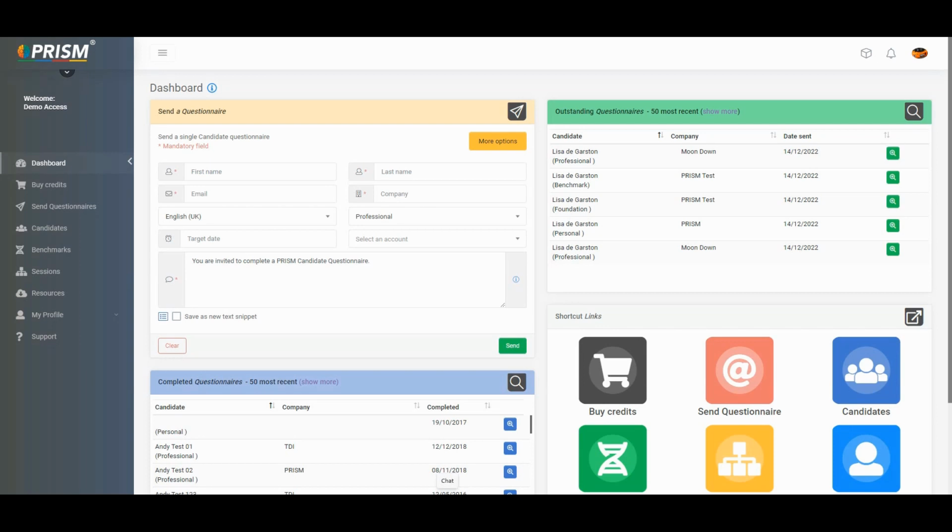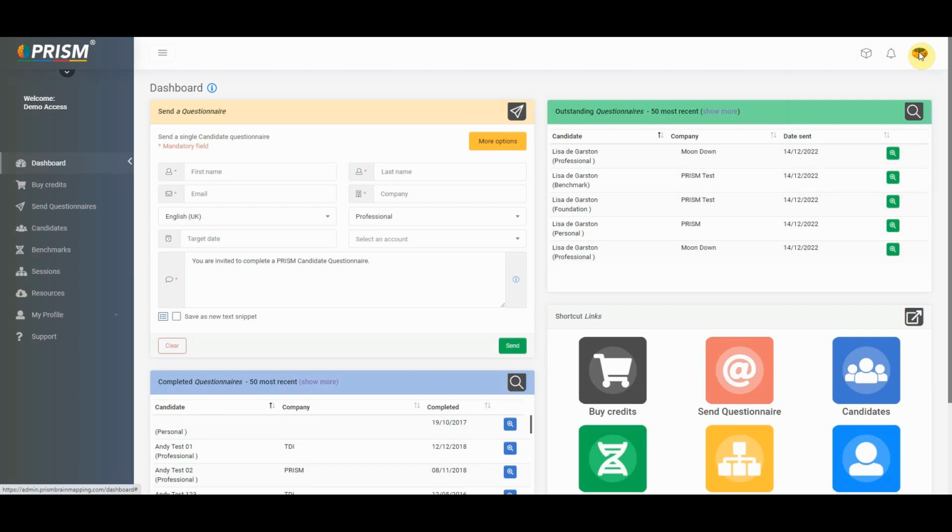Before we look at how we can change the dashboard configuration, let's look at the icons on the top right of the header bar. The first icon takes you straight to shortcuts, which we will explore later. The second, bell icon, will show notifications and messages from Prism. And the third icon has an option to view the page in full screen, print the page and log out of your portal.